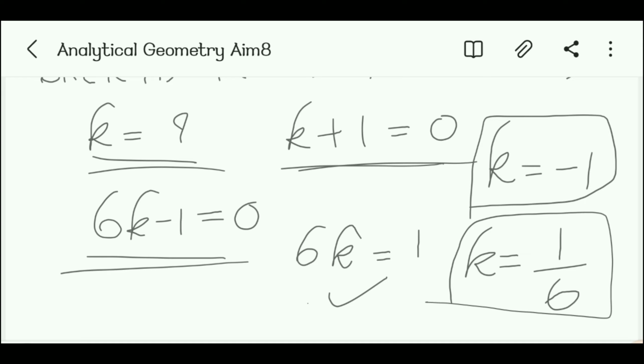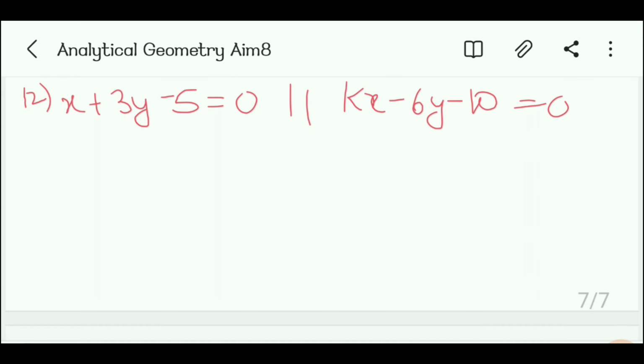Okay, now we will see the 12th one. Now the 12th question is like this: these two lines are there. These two lines are parallel to each other. Okay. Now what we have to do? Find the value of k. Simple only. This one will be simpler than that one, because it is such a direct question for us. Now what will be the formula if they are parallel? a1 by a2 is equal to b1 by b2. Very simple it will be. So that's why I am writing here.